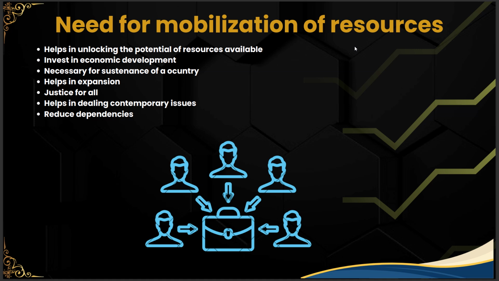Next is justice for all. It is nothing but optimum use of resources so that they can be accessed by all. Just because you found 1 kilo of rice doesn't mean that you alone should use that 1 kilo of rice. No, it must be distributed so that everyone gets to use it. Like progressive taxation plays a vital role, where as the income goes higher, you pay higher taxes. Eventually, that higher tax amount helps the lower-income people or the below poverty line people to get at least some benefits